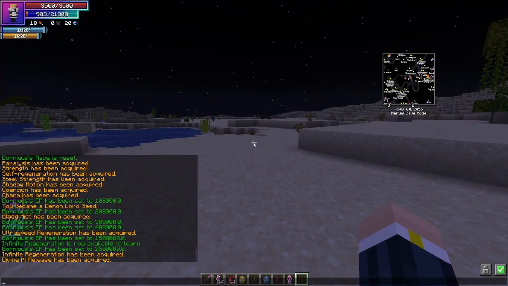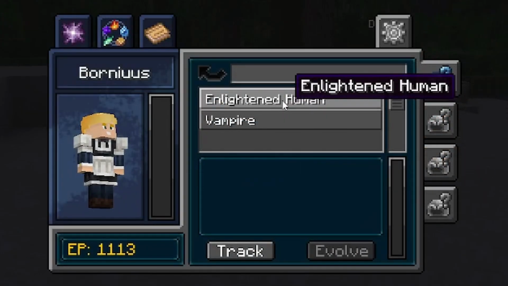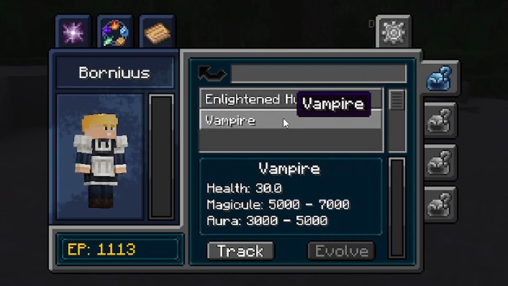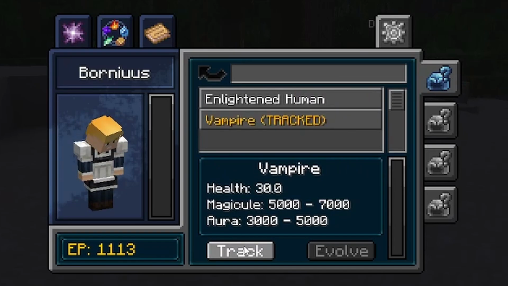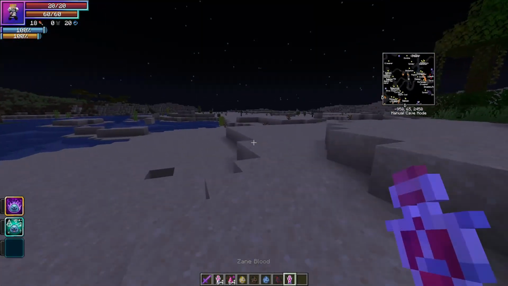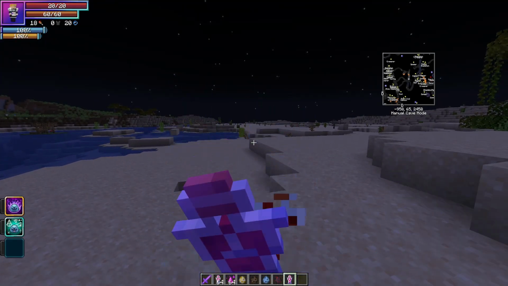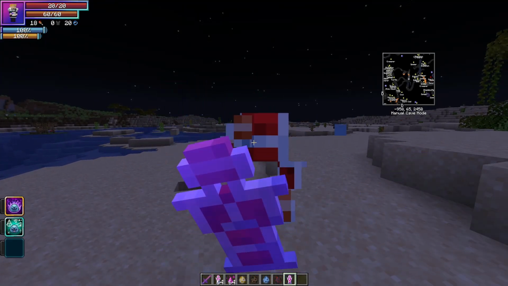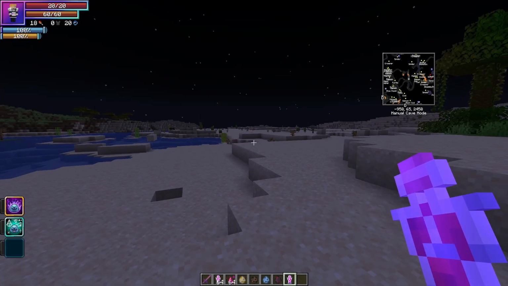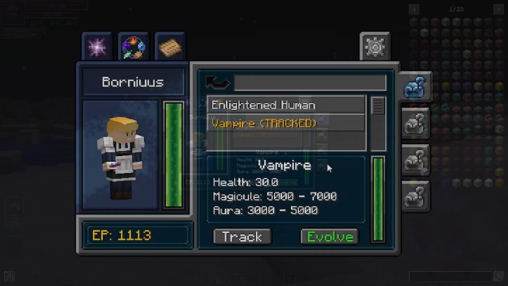Now let's go through the other way, which would be to become a human first. And now when you're a human with 20 HP, you have two different ways to go about it. You can either do vampire and then track. And to become a vampire as a human, you need to drink 5 Zan Bloods. So 1, 2, 3, we'll see that on 160%, 4, and 5,